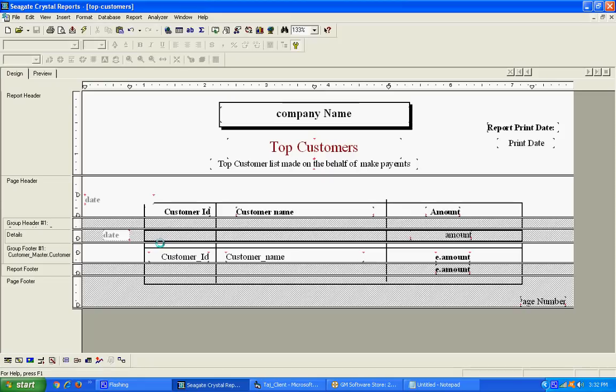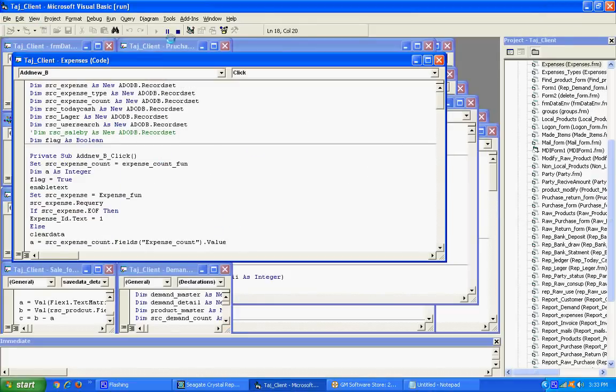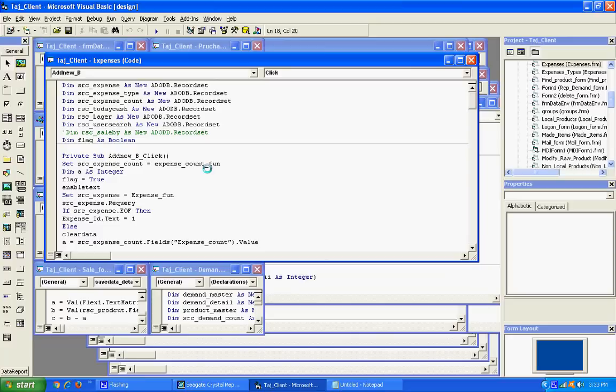Now we save this report, and we write the name top customers. Save and minimize this. I am going to press the stop button in our Visual Basic, because first of all